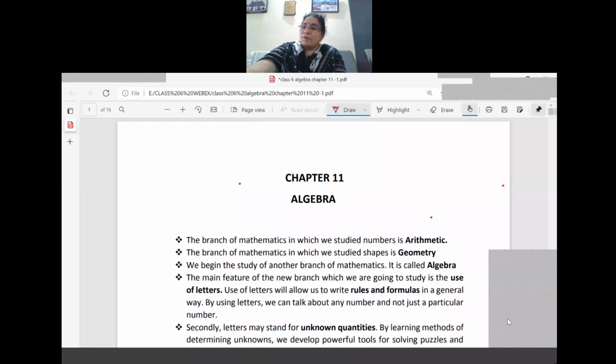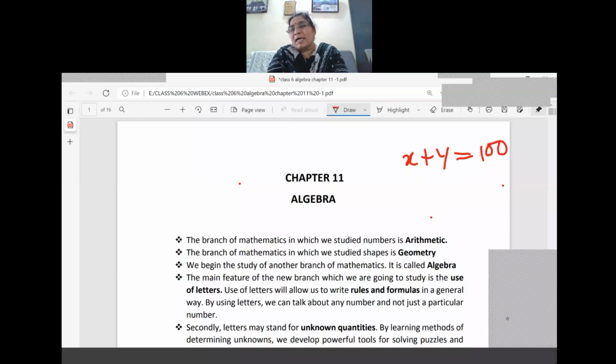Clear? So when we are saying that, some of you are already interested in cricket and all. So two batsmen scored 100 runs. That means the first batsman's score we don't know, the second batsman's runs also we don't know, but we will write that the sum of the two batsmen's scores is equal to 100. So we are using x as the first batsman's runs, y as the second batsman's runs, then the total is equal to 100.